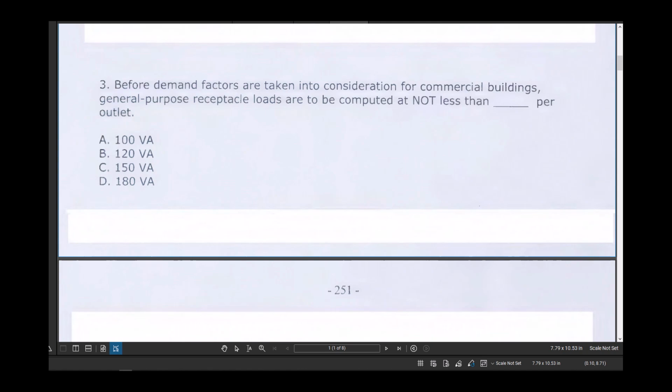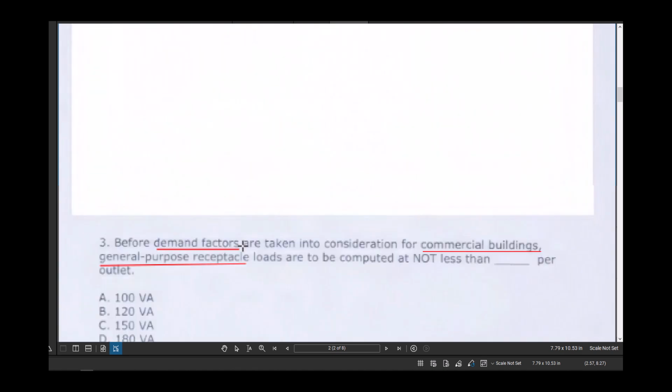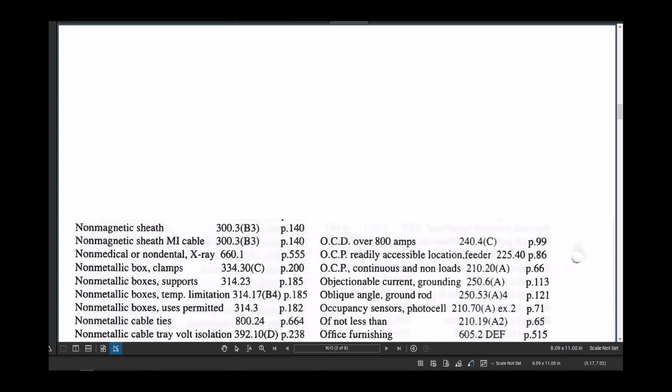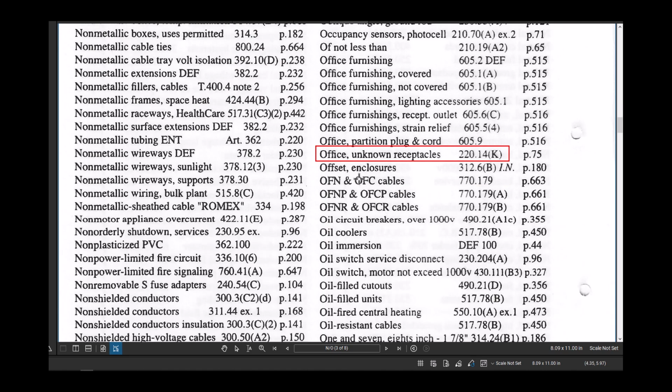If we highlight the keywords, we can go demand factors, commercial buildings, receptacle general purpose. After highlighting, we then go to Tom Henry's. We have office receptacle